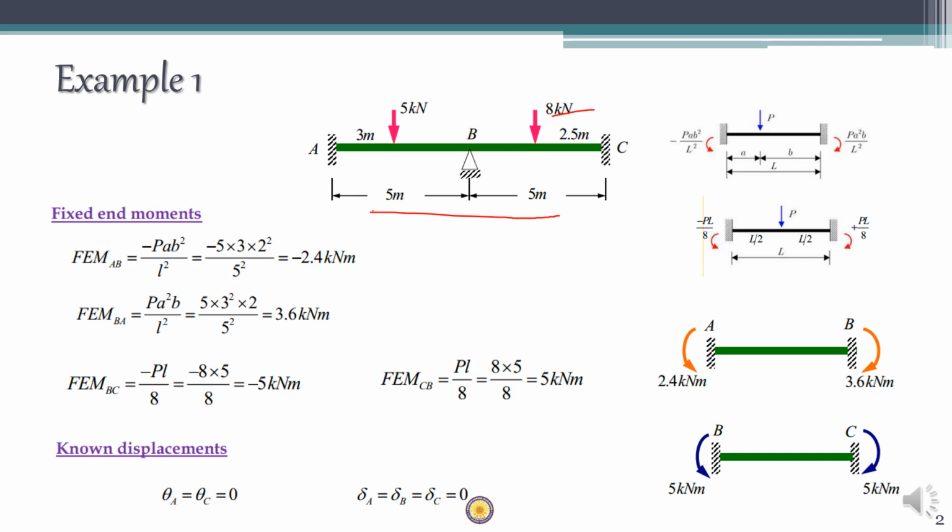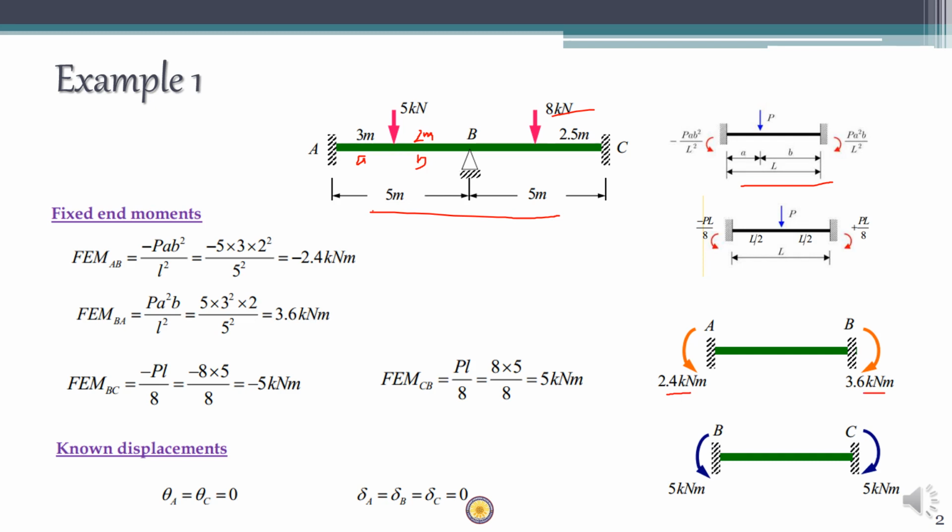For span AB, 5 kN is an eccentric loading, which means that a is equal to 3 meters and b is equal to 2 meters. Now the FEM can be found using this relation. On the left support we have P a b squared by L squared, and on the right support we have P a squared b by L squared. If you substitute P equal to 5 kN, a equal to 3, b equal to 2, and L equal to 5, we have the value 2.4 on the left support and 3.6 on the